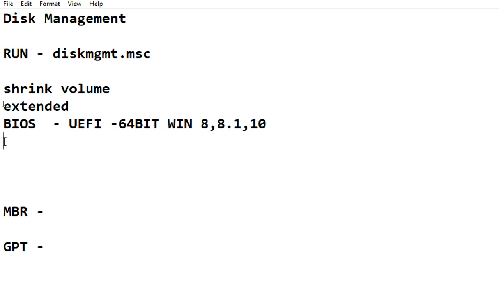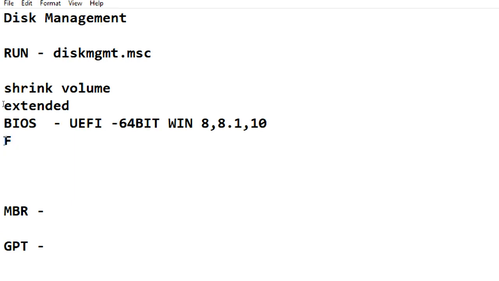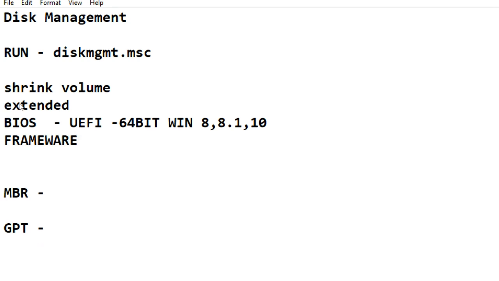BIOS is a motherboard ROM chip, it is firmware. Firmware, you can spell it any way. So by default, if you have a BIOS chip or you are freshly installing a BIOS-based operating system, the hard disk becomes an MBR type of disk. When you add a new disk, it is either an MBR or a GPT type of disk.